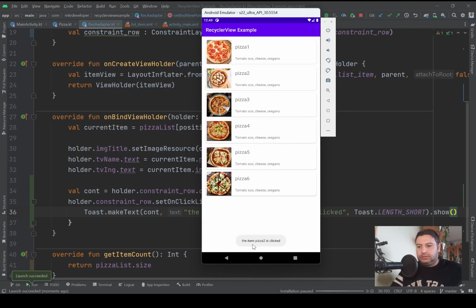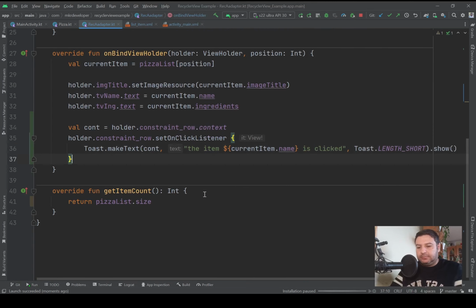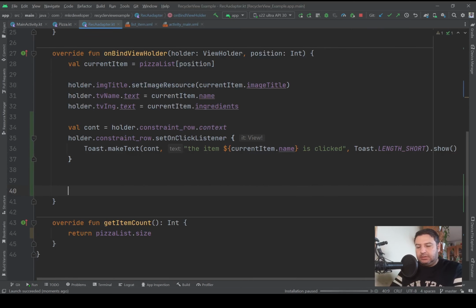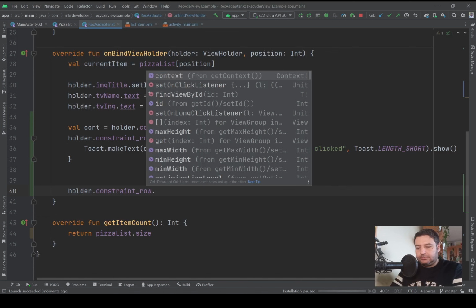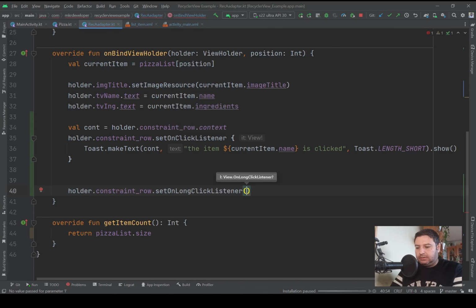The item pizza 2 is clicked, on 1 and 3. Okay, that's good. And we can do the same for the setOnLongClickListener. So holder.constraintRow.setOnLongClickListener, and then here